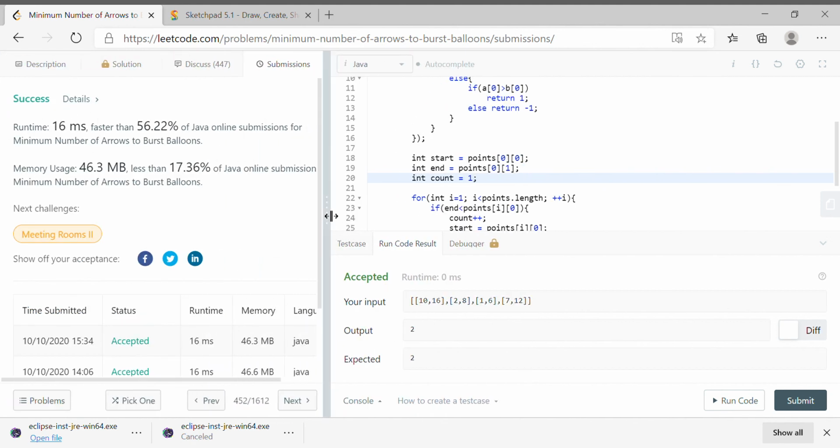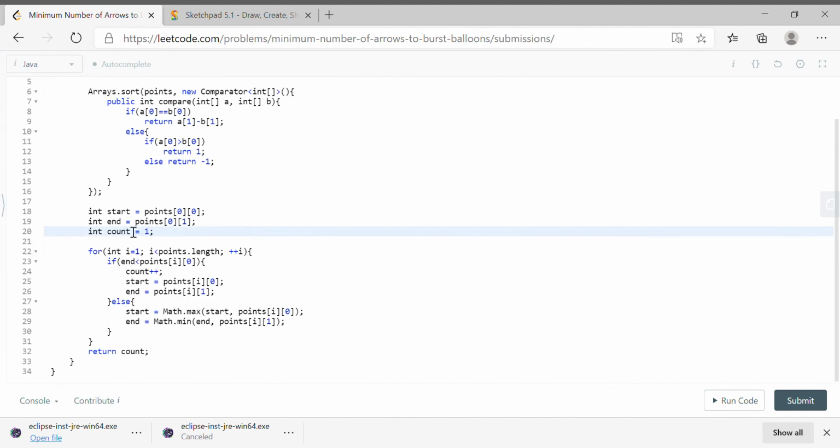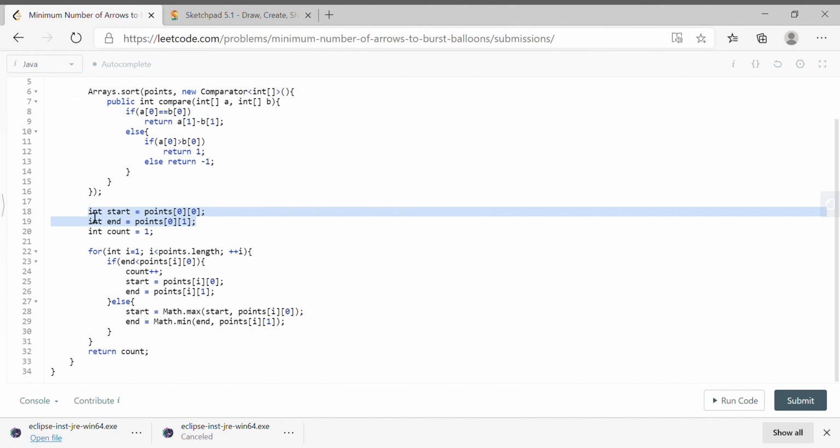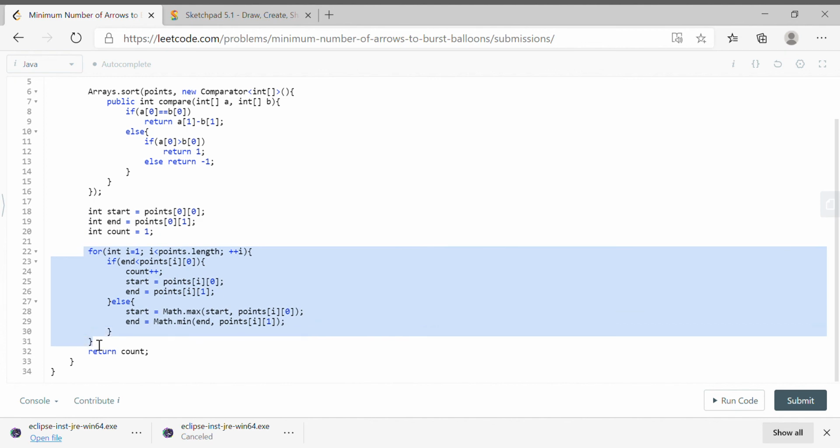I believe that if you take only start and end variables, it will solve our problem rather than putting it in an array list or some other data structure. It will take extra space, right? So simply for traversing from start to end, it will take order of n, and